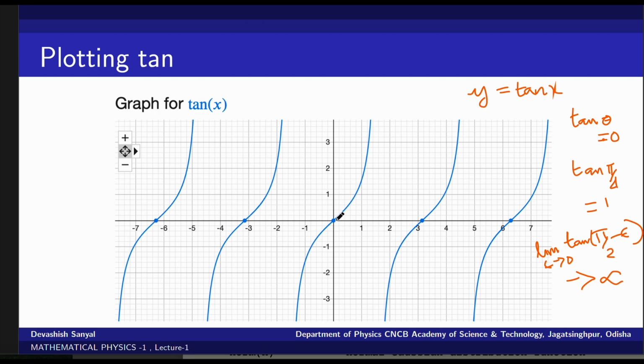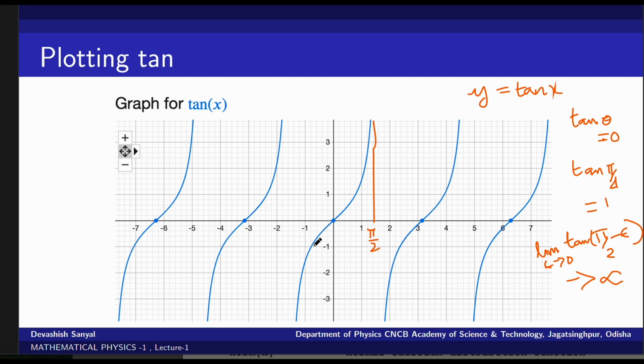So tan 0 is 0, then this 1 corresponds to pi by 4, and as I approach pi by 2, this is the pi by 2 axis. So as it approaches pi by 2, what happens? It becomes infinity, it diverges, okay,